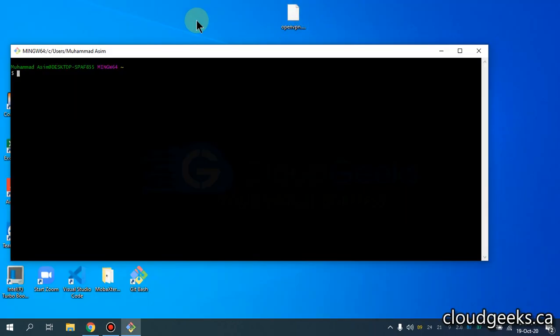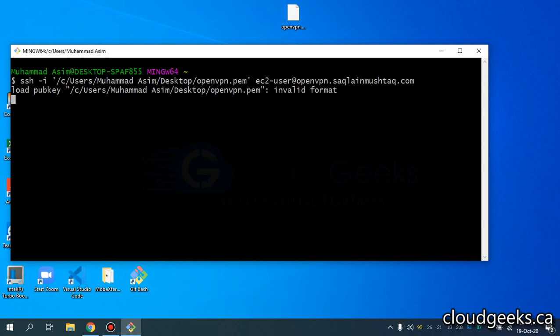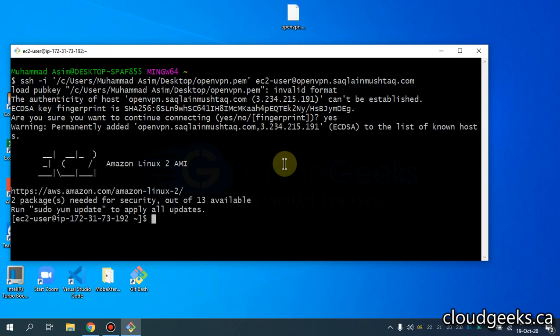So guys, what I'm going to do is to simply do the SSH into that particular EC2 instance. I'm going to use this OpenVPN PEM file which I've already set up, and I'm going to use ec2-user@openvpn.setlan.mushtaq.com. So let me log into this particular machine. So what I'm going to do is to simply copy that particular script, and if I do sudo -i,